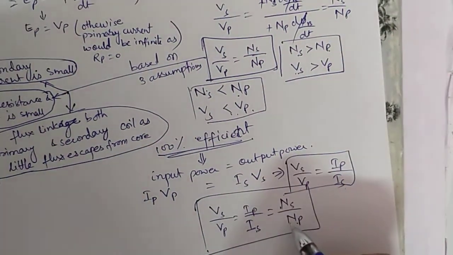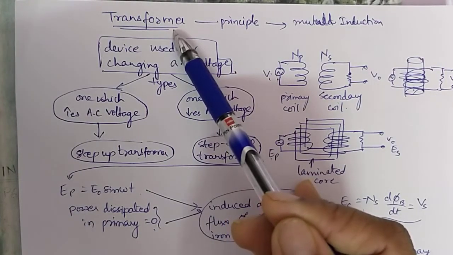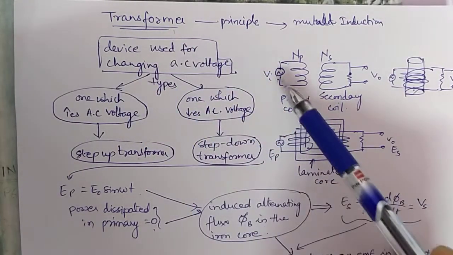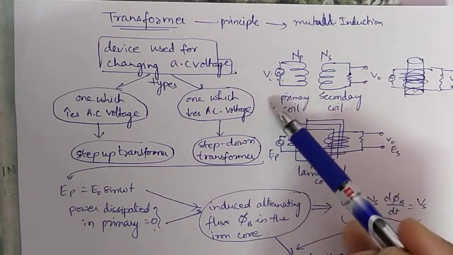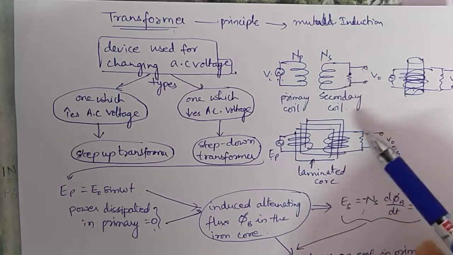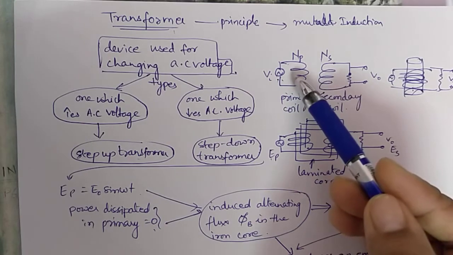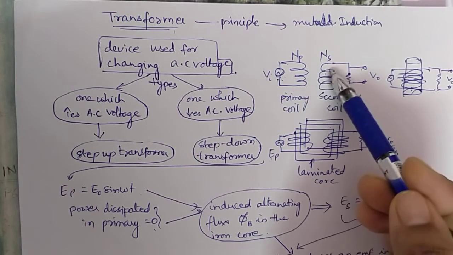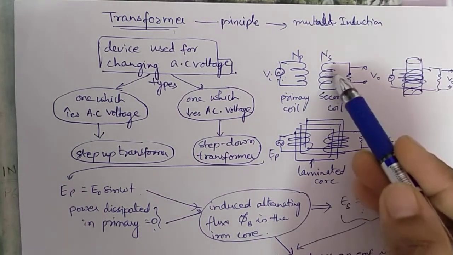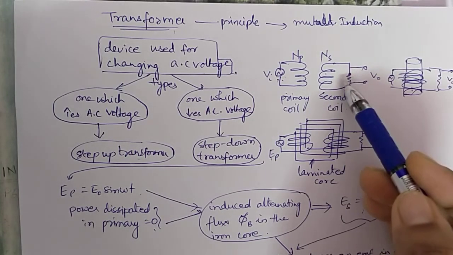Now you remember here children that a transformer is an AC device. We have done everything related to AC. So a transformer is an AC device and not a DC device. It does not affect the frequency. Whatever is the input frequency, the same will be the output frequency. So frequency will remain the same. And if you are raising voltage, then current reduces by an equal factor. Suppose you are increasing voltage by n times. So if your input voltage is 220 volts and you want to make it 880 volts, that means you want to make it 4 times, then your current in the secondary coil will become 1 by 4 times.